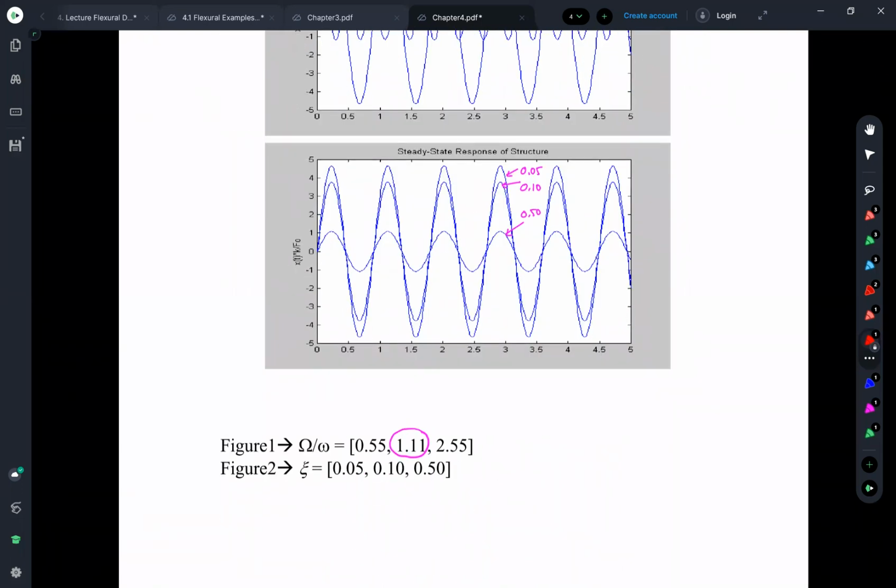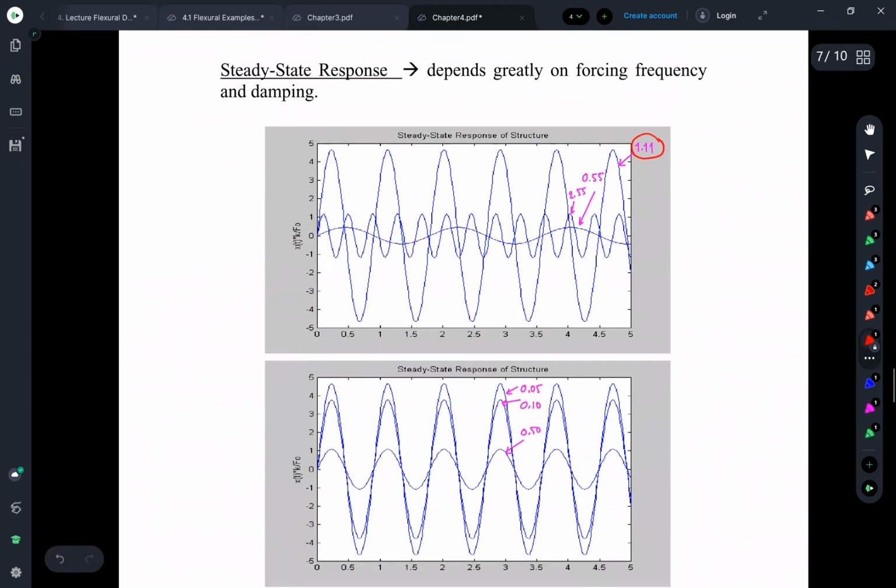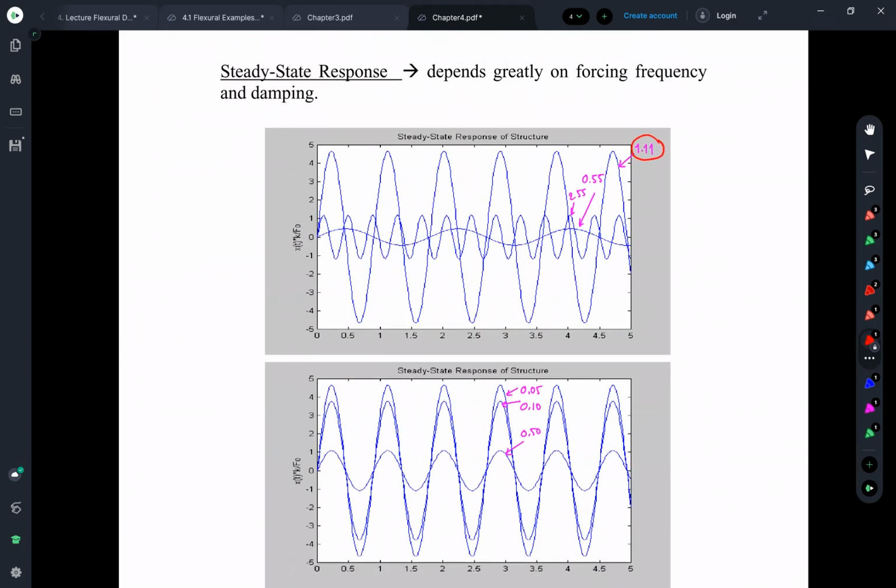When I say the frequency ratio, this is the ratio between the big omega over the small omega. If it is close to 1, it means what? It means that the force acting on the building has a forcing frequency close to the natural frequency of the building itself. And when this frequency ratio is close to 1, what we have noticed is that the response of the building becomes very, very large,